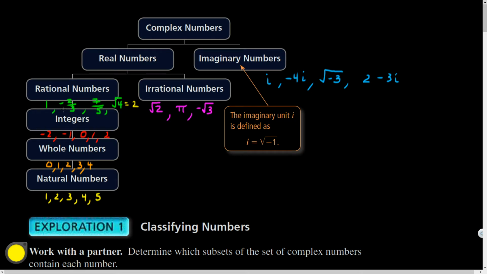And those are different from the irrational numbers. Things like the square root of 2 or pi or the negative square root of 3 could never be written as a fraction whose numerator and denominator are integers. These are the kinds of numbers that Pythagoras didn't believe in and may have murdered a student over the square root of 2 being shown as irrational.